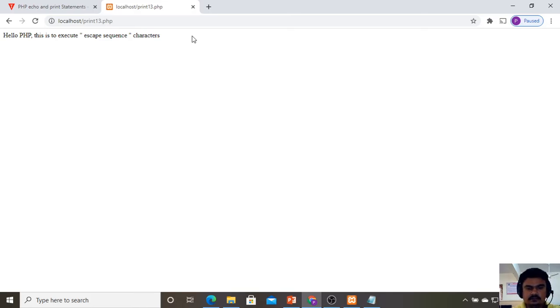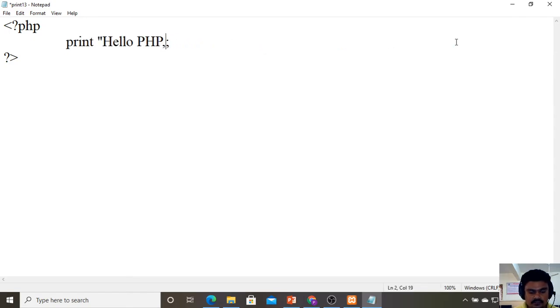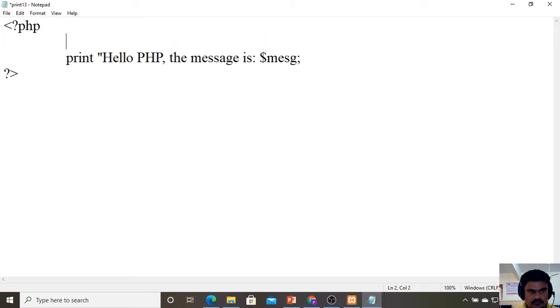So the last program remaining with the print statement is to get the variable printed. So hello PHP, the message is going to give $MESG. Okay, so for that I am going to take a message.